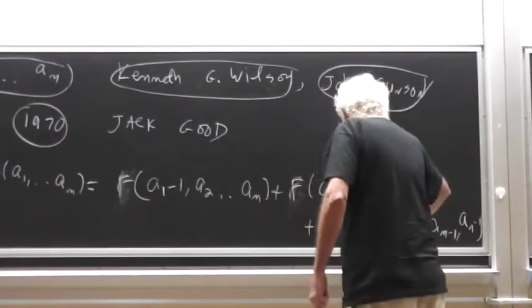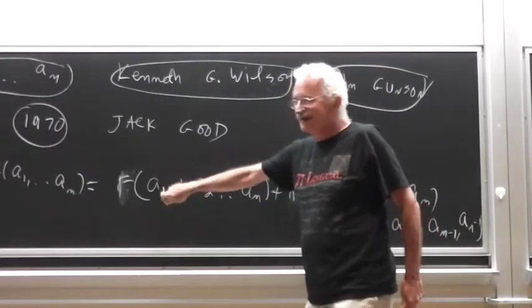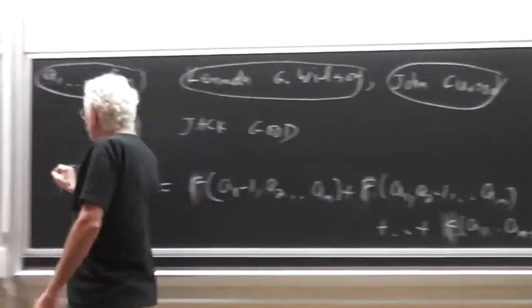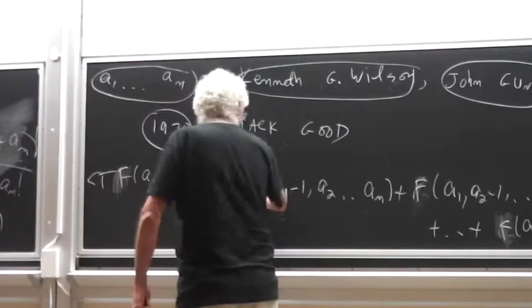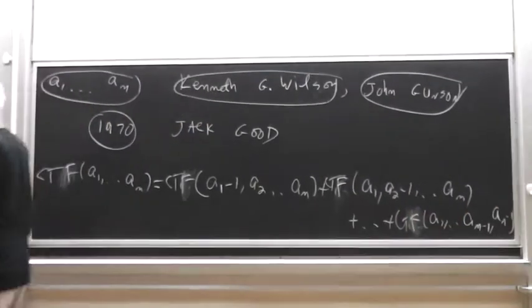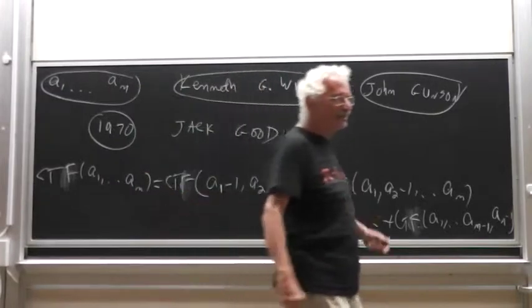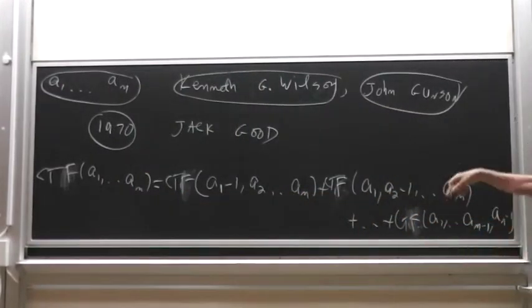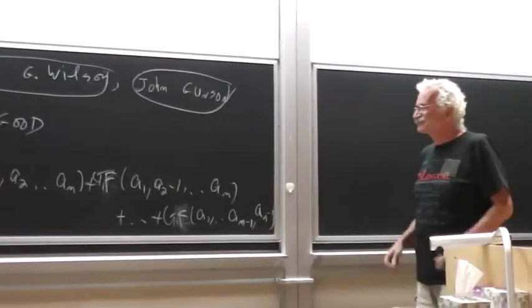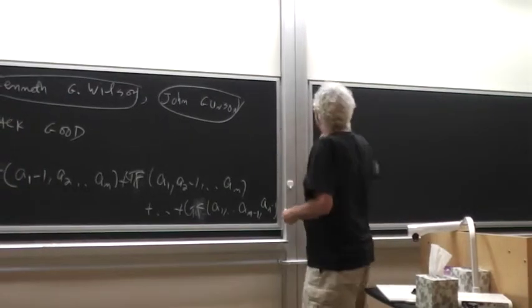And since this is constant coefficients, there are no dependence on x1, x2 to the xn. You can take the constant term for both sides. So both this right-hand side and the constant term of this satisfy exactly the same recurrence and the boundary conditions. QED by induction on A1 plus AN. So this was a good, beautiful proof from the book. But then in 1975,